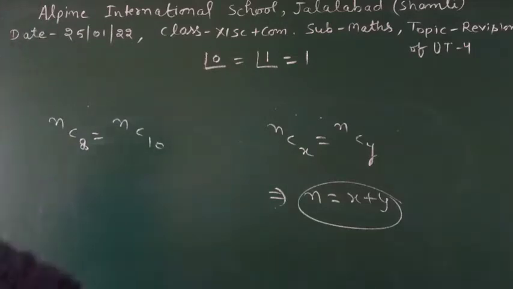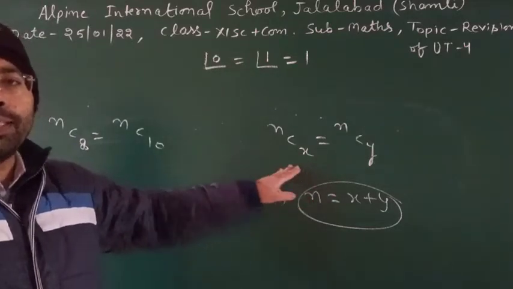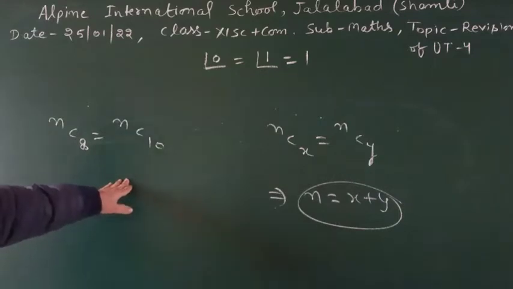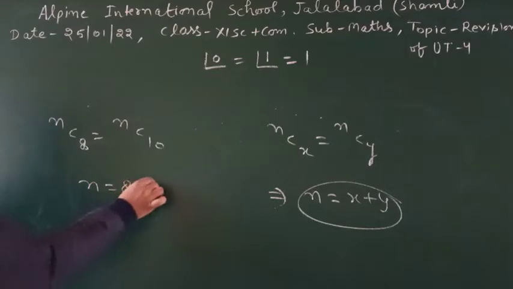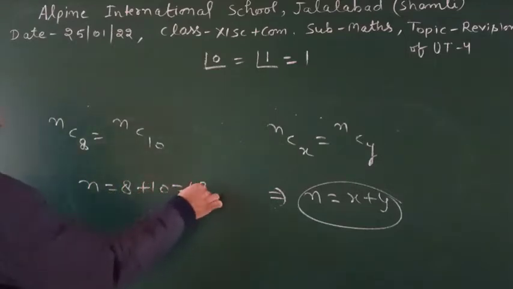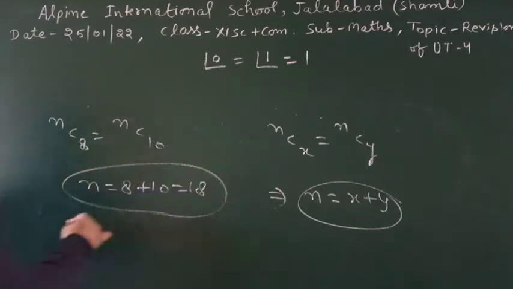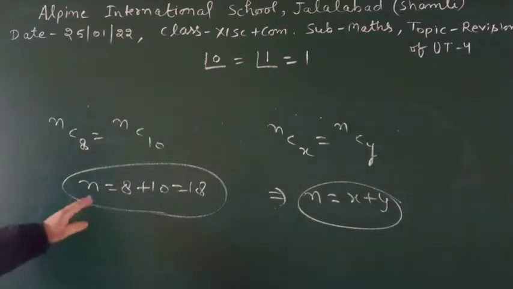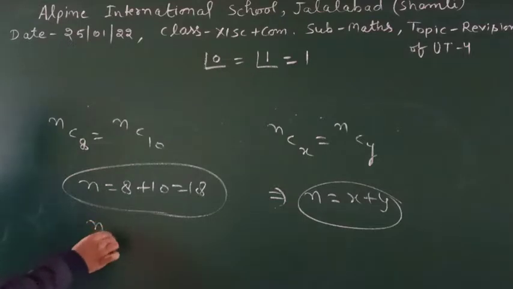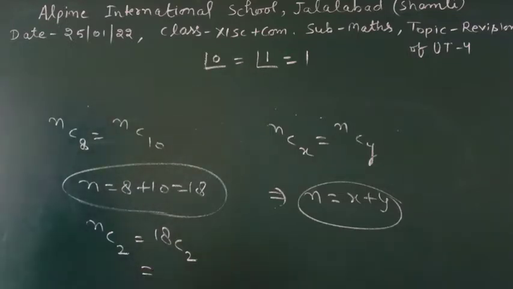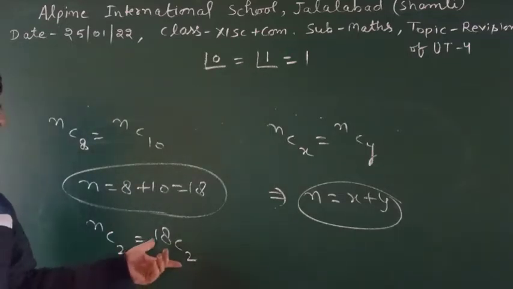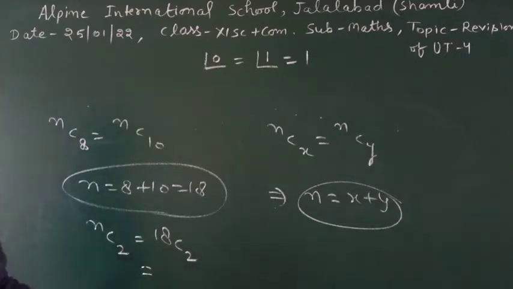So by using this concept we can find the value of n, which will be equal to 8 plus 10, the result is 18. So the value of n is 18, and after finding the value of n we can find the value of nC2, which will be 18C2. And by using the formula of nCr, you can find the value of 18C2, which